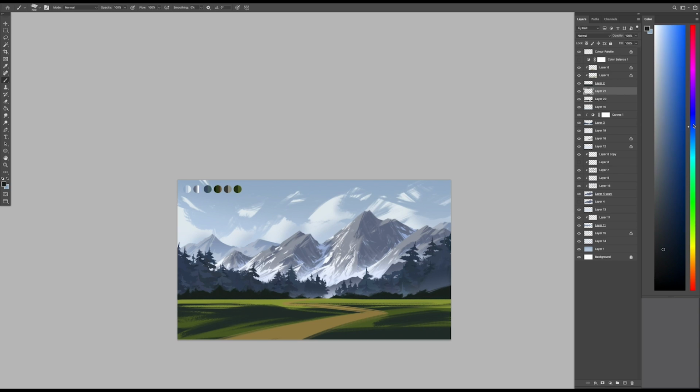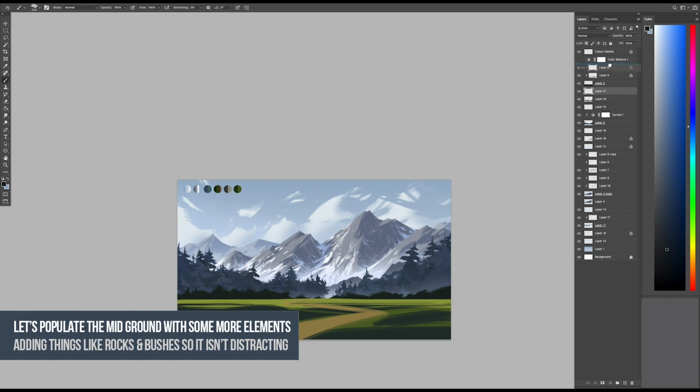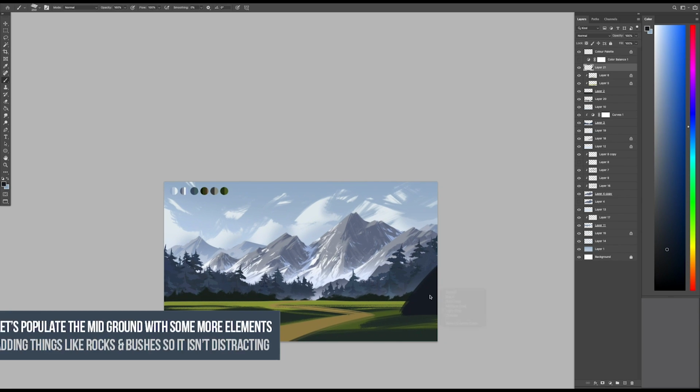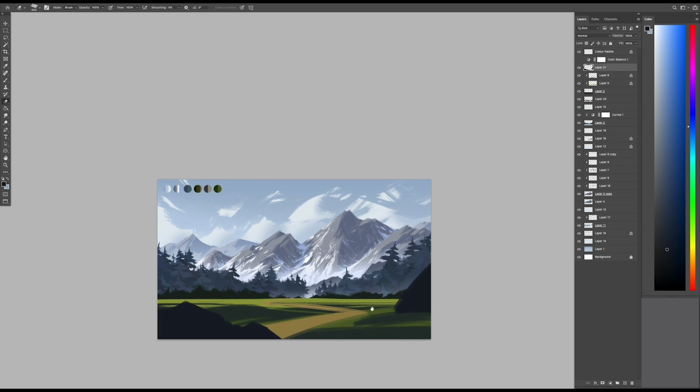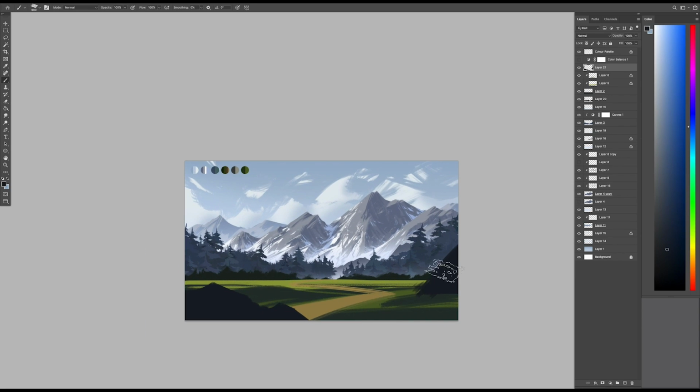Now once that's done, I'm going to go ahead and populate my whole environment a little bit more. I'm going to be adding in things like rocks and bushes, but I'm going to create it in a way where it's not so distracting. So I'm going to make sure that they're sitting idle on their own, somewhere where they're not blocking the main viewpoint and not blocking the main walkway, because that walkway is a pathway